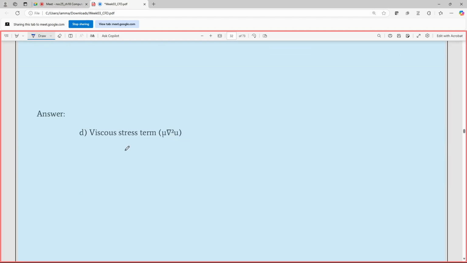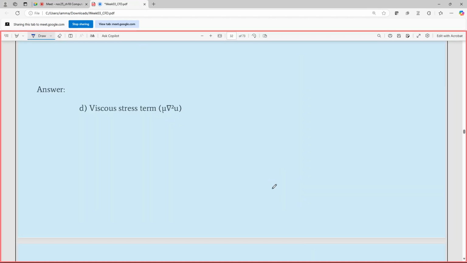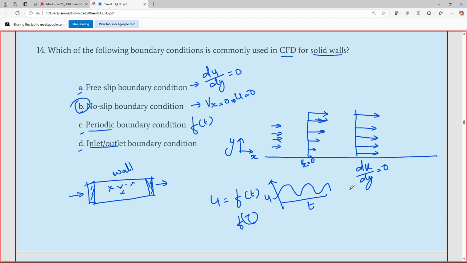Yes, our answer is option D, viscous stress term. Okay, you have a doubt about where we use the free slip boundary condition. As we have explained earlier, here, if you see,